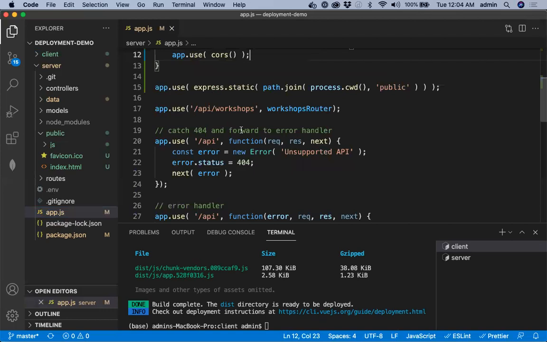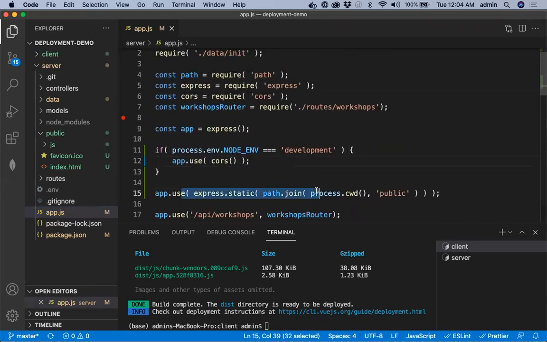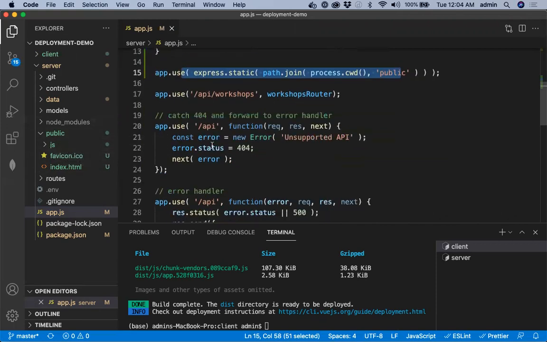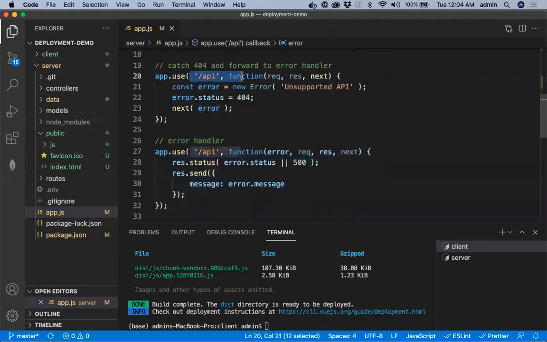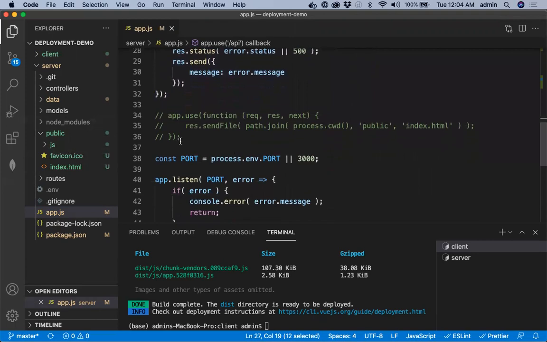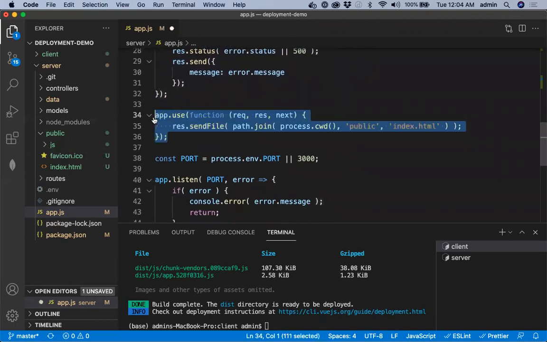So that is one thing. We set up the static file server to serve the files from the public folder. Then for any other things that don't match the public folder and which are not API requests, that don't start with /API, it's going to come past this, because now we are filtering these error handlers only for API requests, which should begin with /API. Then what we do is we handle it here and make sure that we always serve the index.html page.